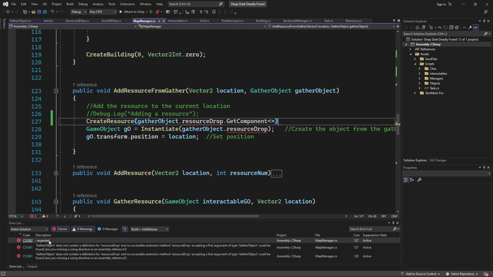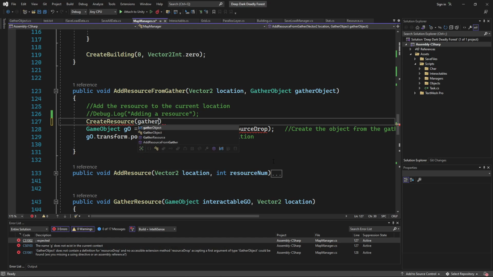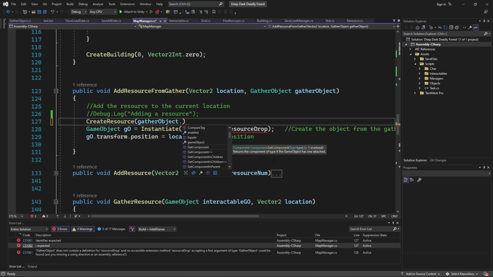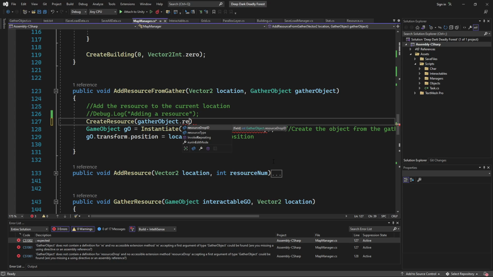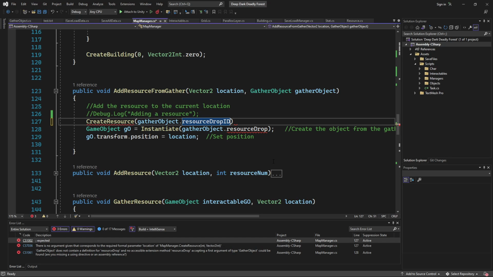And we're going to have a bunch of problems here. We're going to create, based on that gather object dot resource drop ID,